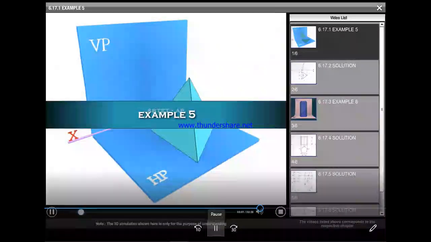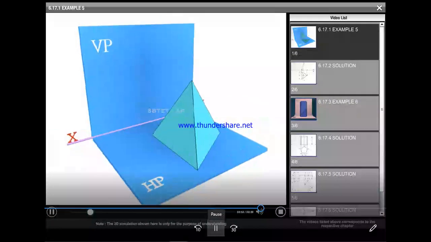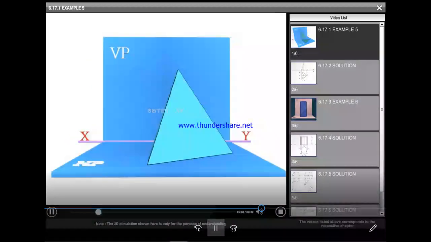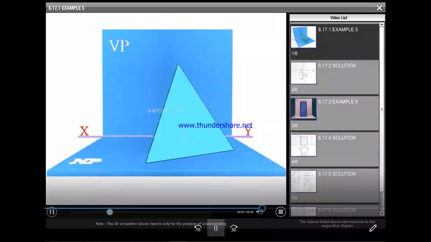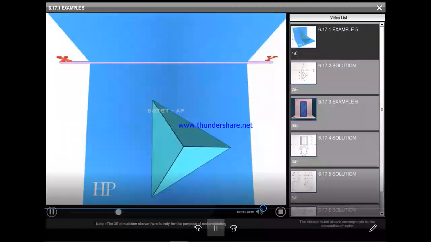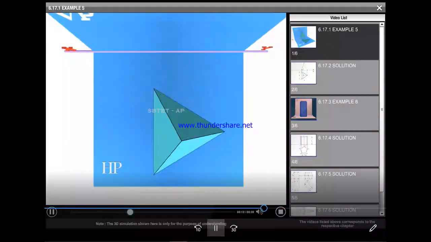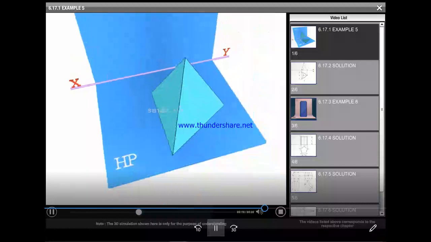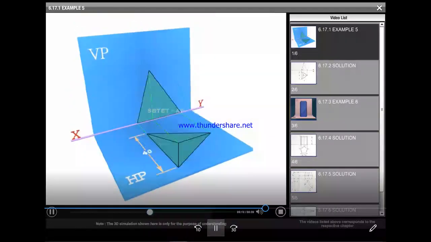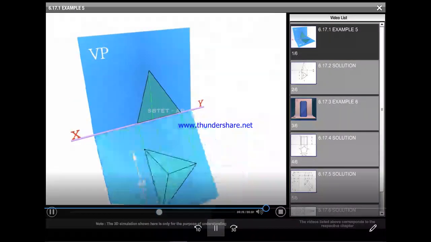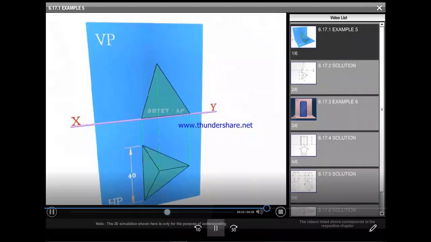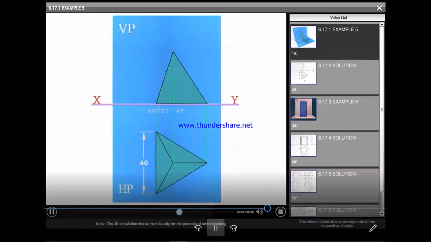Example problem 5. Front view, top views. A tetrahedron of side 40 mm is resting on the ground on one of its faces, such that one of the resting edges is perpendicular to VP.